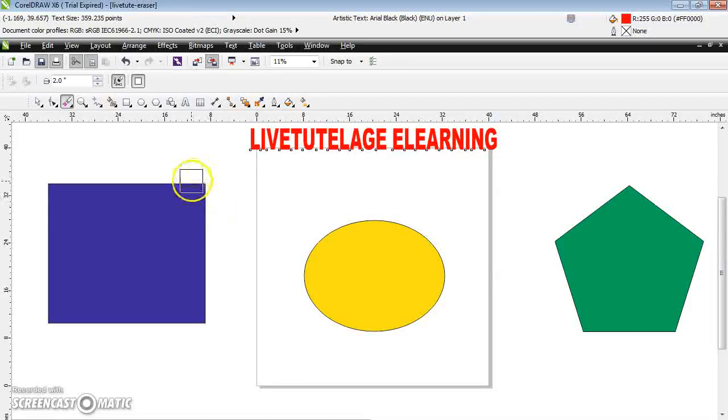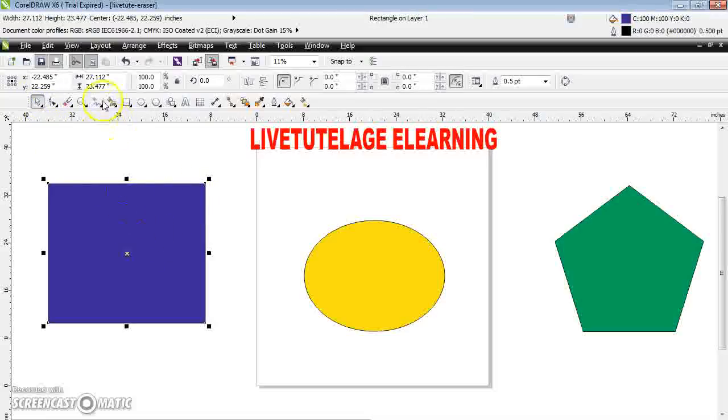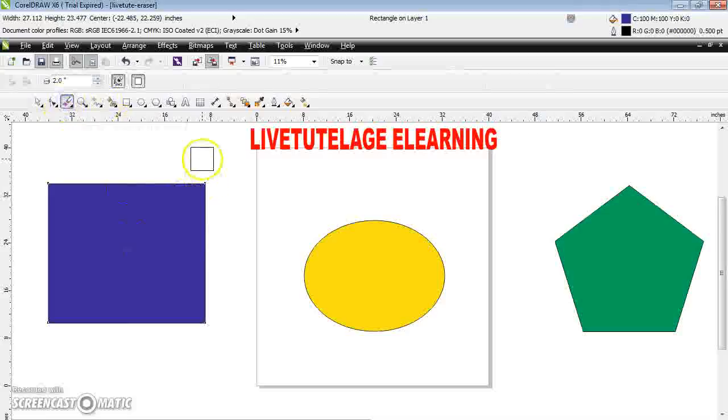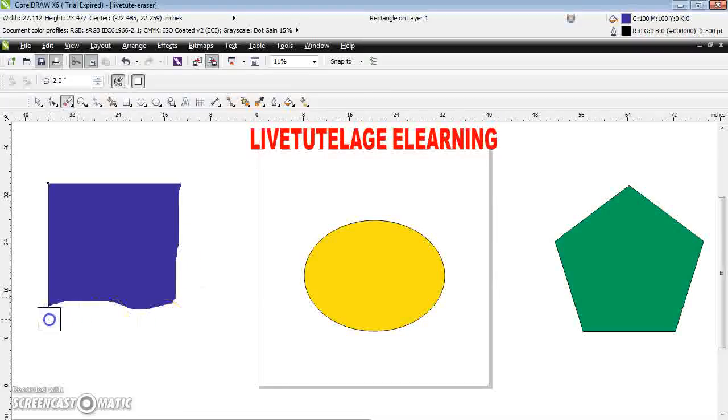Now if you want to erase some extra drawing, first you have to select your object, click on it and then go to your eraser tool. This is your eraser. Now you can just erase it by using your mouse and the left button of the mouse. You can just drag it. Whatever you want to erase, you can just erase it. If you want to change the shape, just click here. So you will get the circle shape here. You can even erase your circle also.